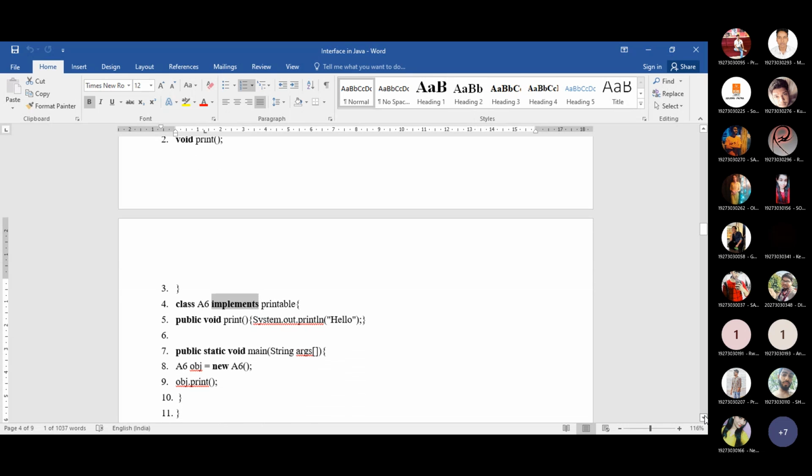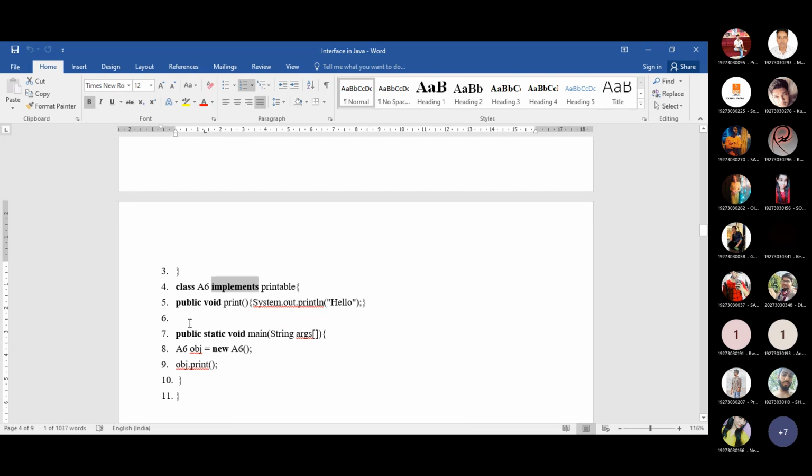This is the main reason behind it, the same as before: all the methods declared inside the interface are abstract methods. Now what is being done here? You are familiar with the fact that you need to implement the print method inside the class that is implementing the interface.